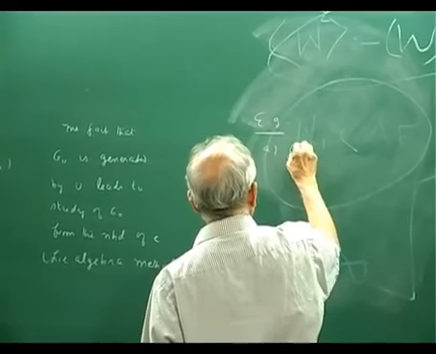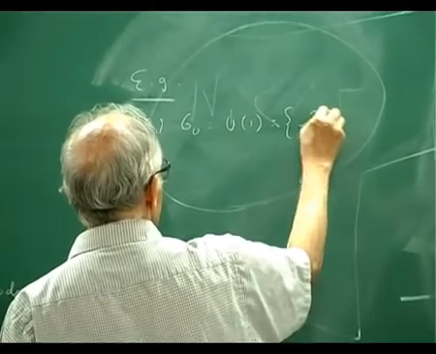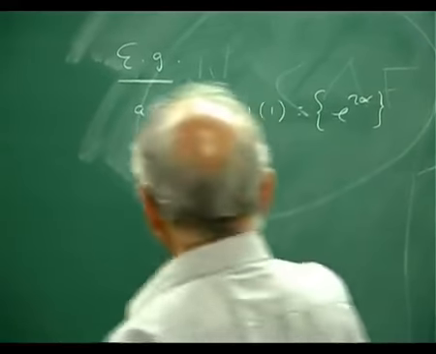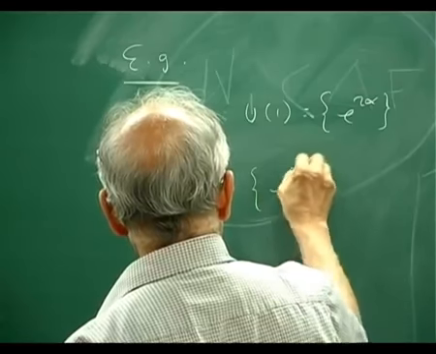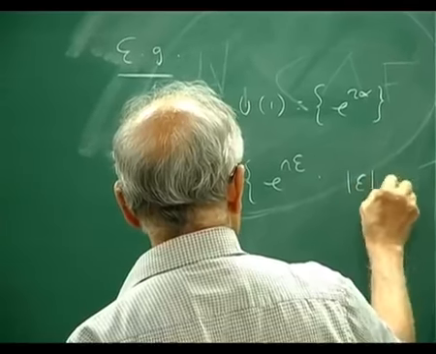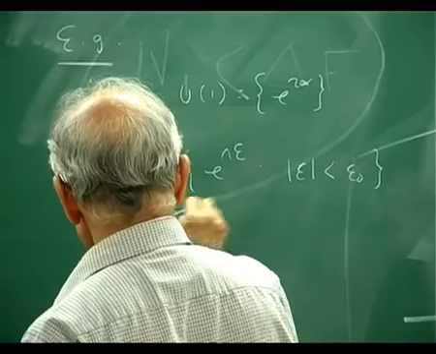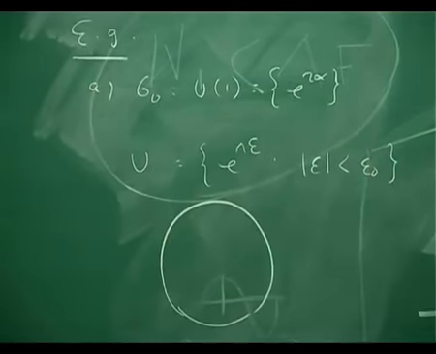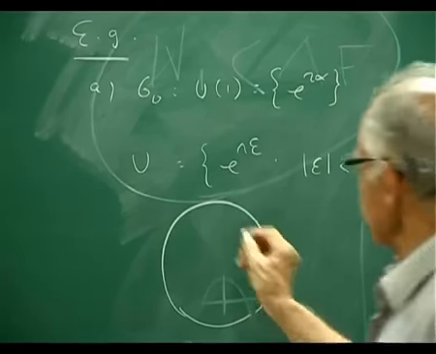Okay. G0 tends to be U1, exponential i alpha. So you can choose U to be the set of all things like this, where epsilon is less than some epsilon 0. So these are the group here, U1 is a circle as a manifold, and this is, say, the identity,